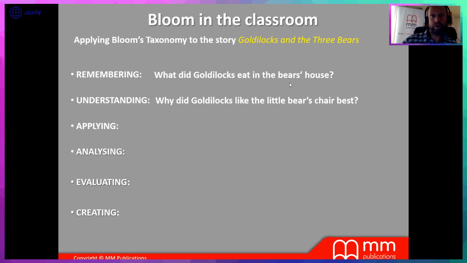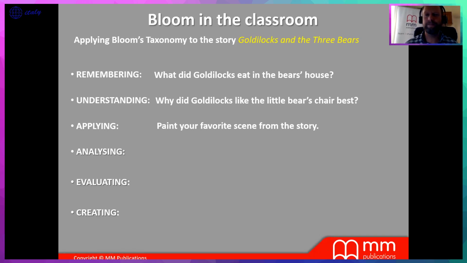Like remembering, a question is, what did Goldilocks eat in the bear's house? A simple question. Or understanding, why did Goldilocks like the little bear's share best? These are pieces of information that can be easily extracted from the text and require the students just to have read the text. But when we move on up, for example, here applying is